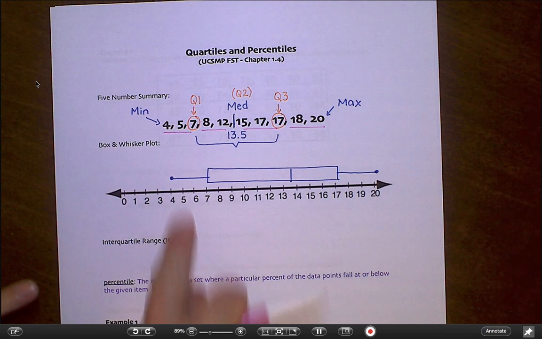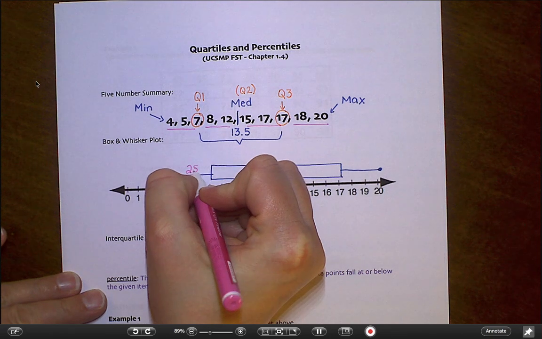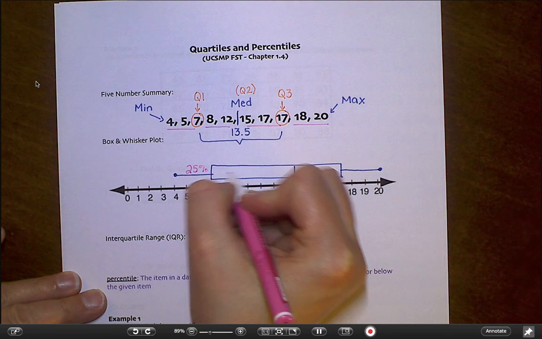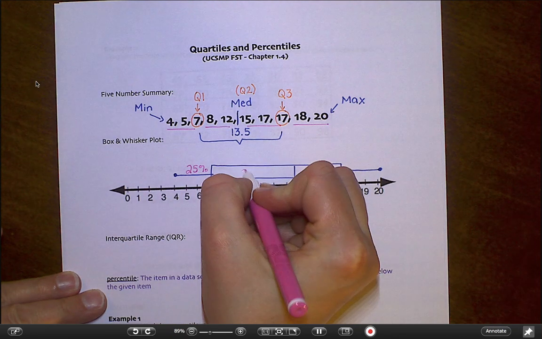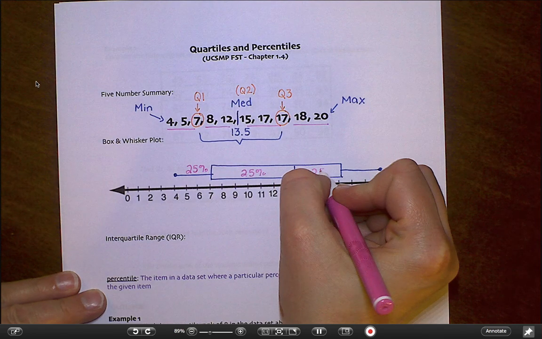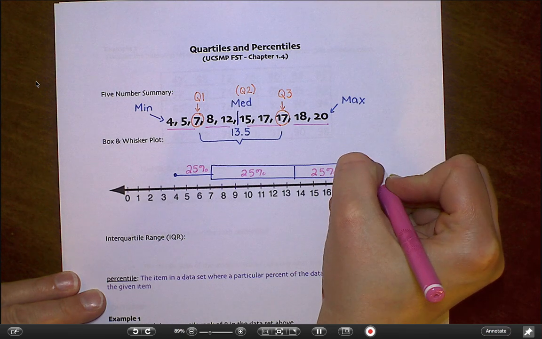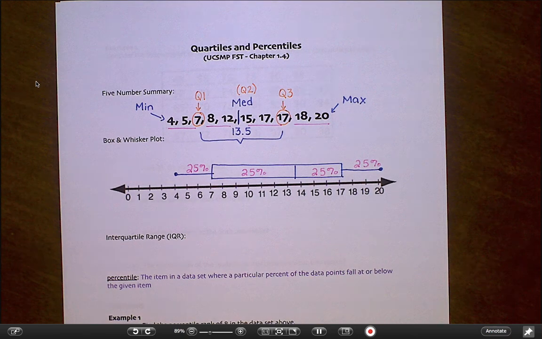And so every piece of this plot represents 25% of the data. So 25% of my data is in this range. 25% is here. 25% is here. And 25% here. Okay,